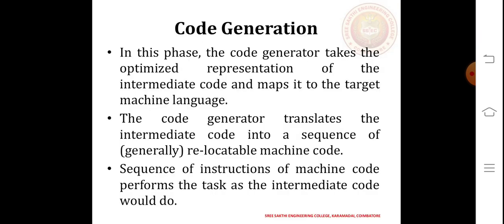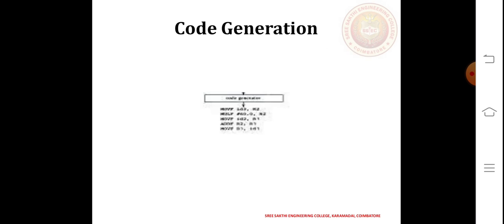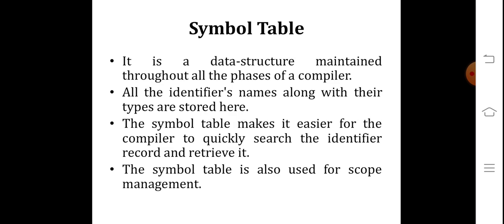Next one is the code generation phase, that is the final phase. This is the phase where the target program, that is the machine code or the assembly level language or the mnemonic codes, is generated over here. Here I'm going to take the mnemonic codes, that is move of id1 comma r2. So I'll use some registers over here. And finally, I'm going to see about a data structure.